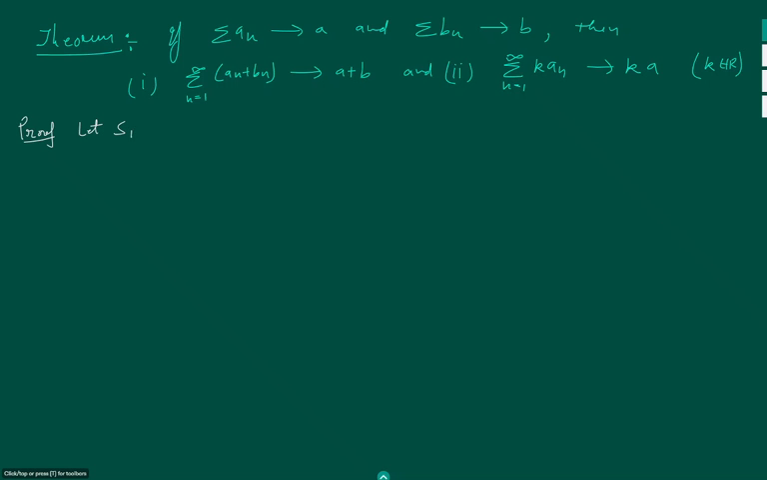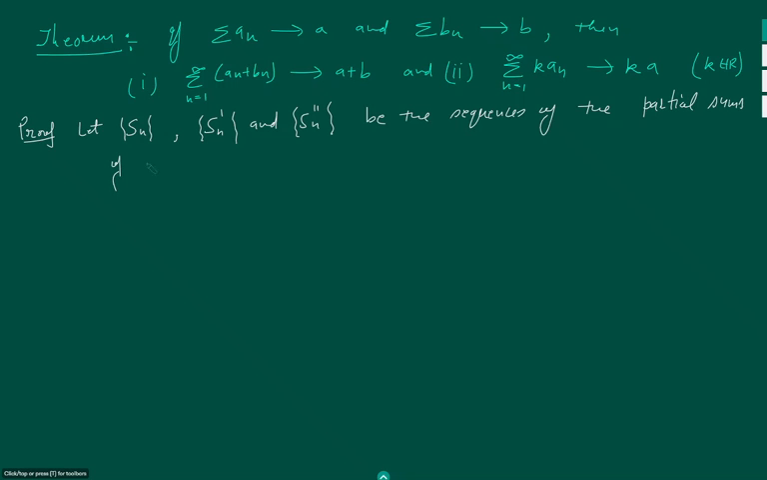Let Sn, Sn dash and Sn double dash be the sequences of the partial sums of the series An, Bn, and the series An plus Bn, respectively. Then